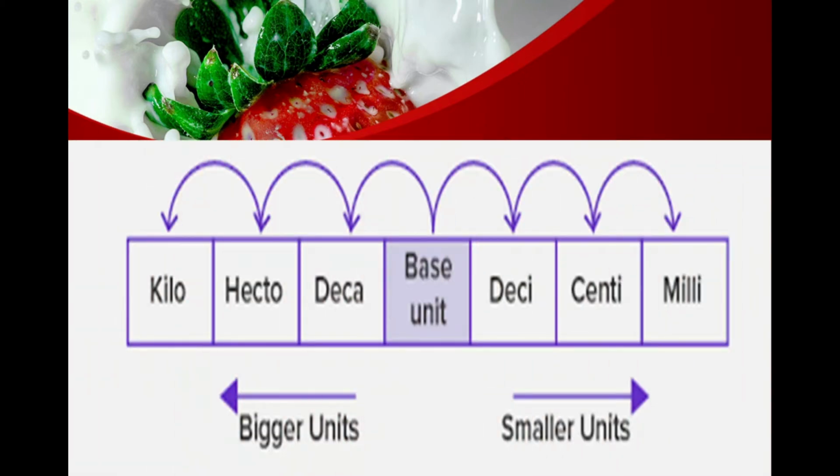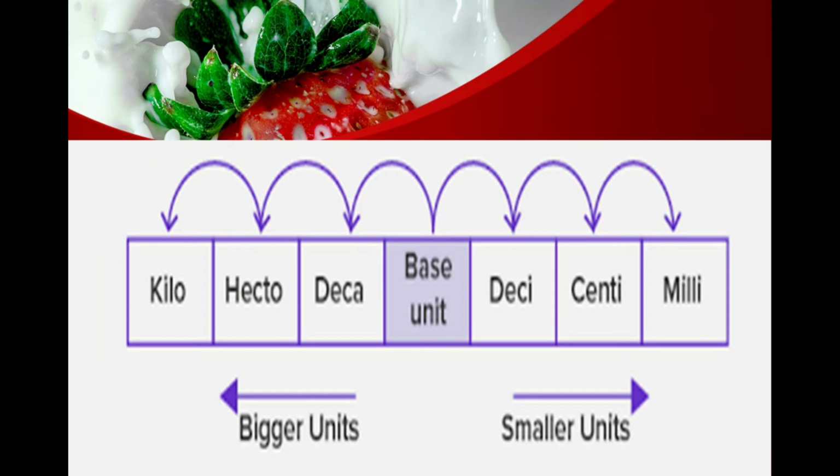The metric system, also called the SI system, is a system of measurement used almost all over the world. Conversions within metric measures are easy. A unit can be converted to a smaller or a larger unit by multiplying or dividing it by a power of 10. Here is the table. Metric number prefixes are given in that.